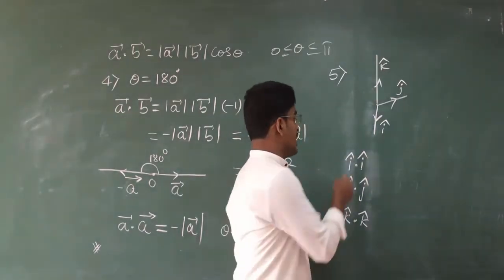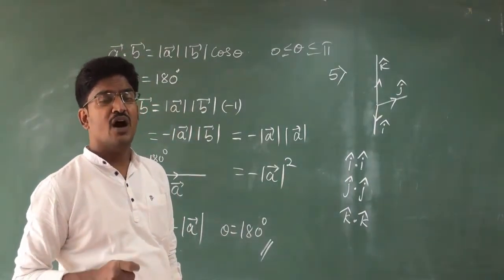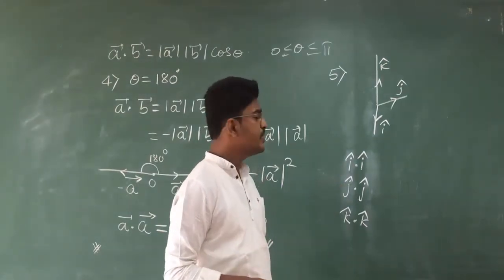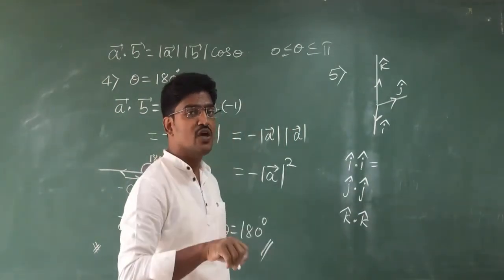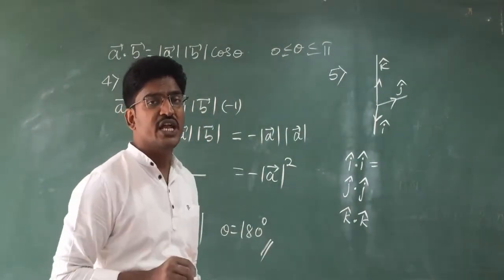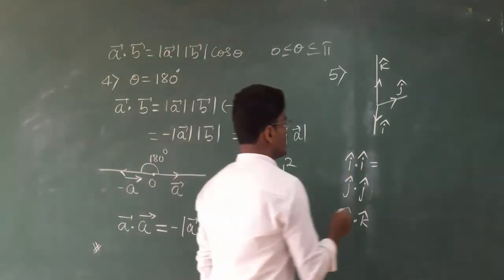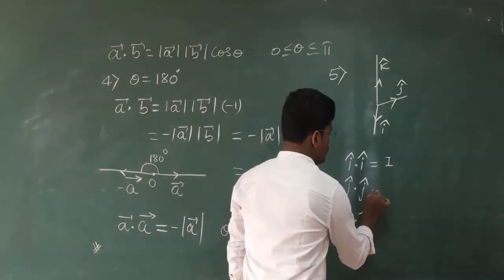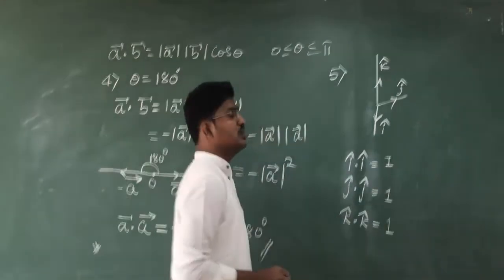Here I cap, j cap, k cap are mutually perpendicular vectors. Also you know that I cap, j cap, k cap are unit vectors in the direction of x axis, y axis and z axis. So this will be equal to what? Magnitude of I cap into magnitude of I cap into cos 90 degrees. Are you getting my point? What is cos 90 degrees? That is 1. What is magnitude of I cap? 1. So you are going to get this term as equal to 1. In the same way, j cap dot j cap is also equal to 1, and k cap dot k cap is also equal to 1.